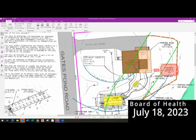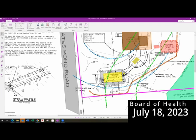What they are proposing to do is take that bump out and put on an addition that's in this light brown that would also encompass the bump out. In doing so, they're going to replace their septic system. They currently have a 1,000-gallon septic tank here in red and a leach field out in this back area. That is going to be abandoned, discontinued. The tank will be pumped, crushed, filled, and the plumbing is going to be redone to come out the new foundation out to the side, to a new 1,500-gallon mono septic tank,